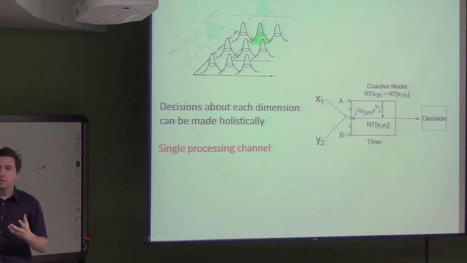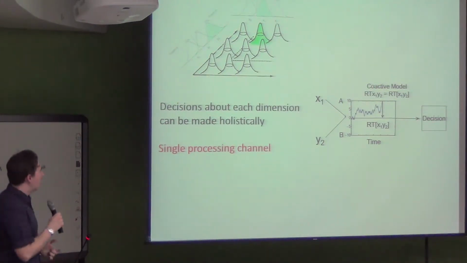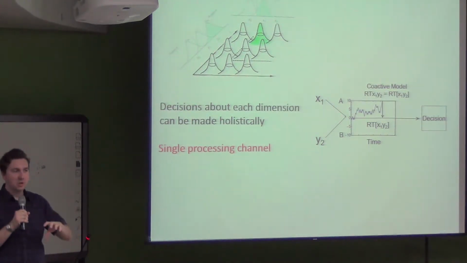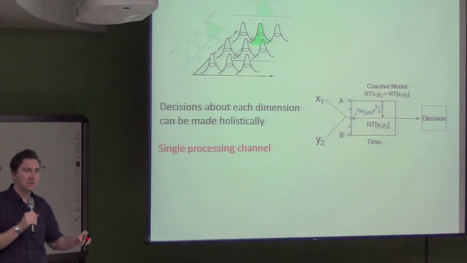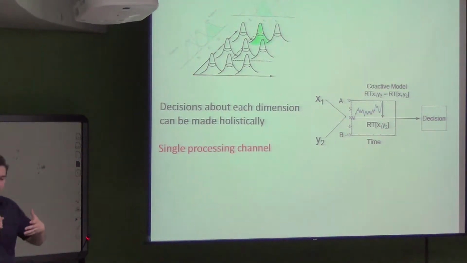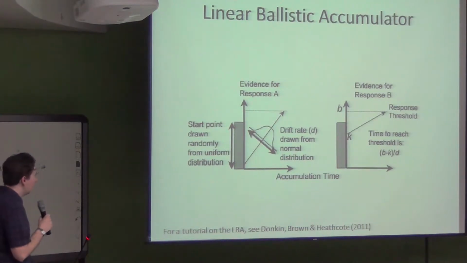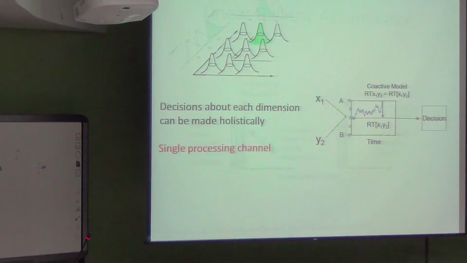Now, whenever you use a random walk model, there are analytic expressions or numerical expressions for generating predictions from these things, but they're a little bit messy. I'm going to keep things nice and easy by simulating from the model. If you simulate from a random walk model, that's a little bit slow. So I'm going to use the linear ballistic accumulator because it's a simpler representation of how these response times are generated. Now, it has different assumptions from the random walk model.